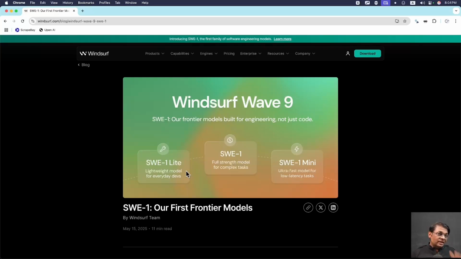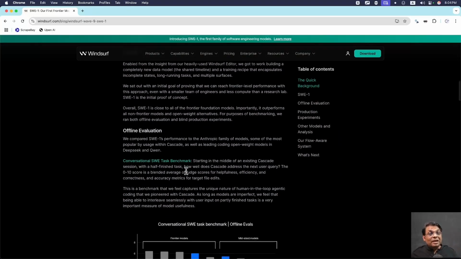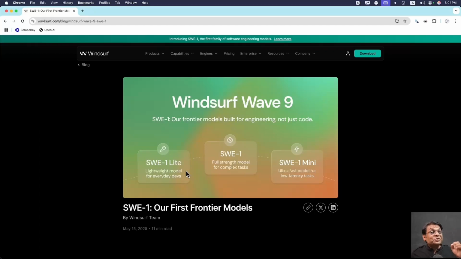right? Here's the idea. We are going to create a Chrome extension. This Chrome extension will give me a summary of the entire article. We will use Windsurf and the SWE models. So in this video, we are going to learn what is Windsurf, how good is their SWE 1 model, how to create a Chrome extension, how to summarize articles, and how to use the OpenAI API. It's a very ambitious video, right?